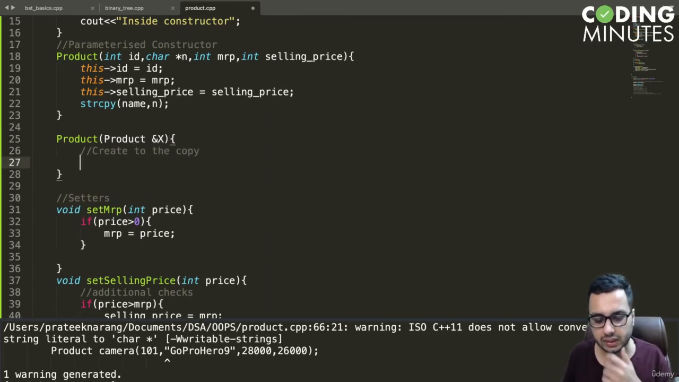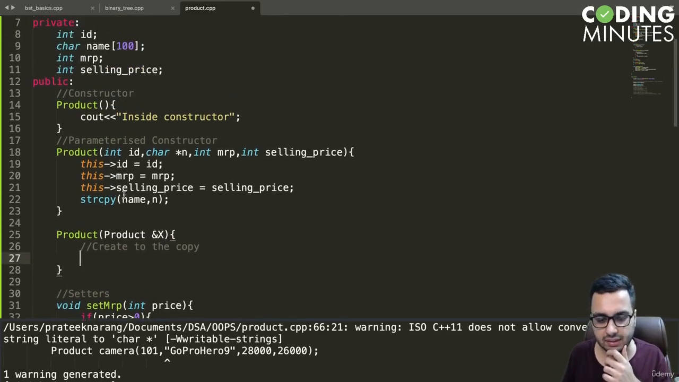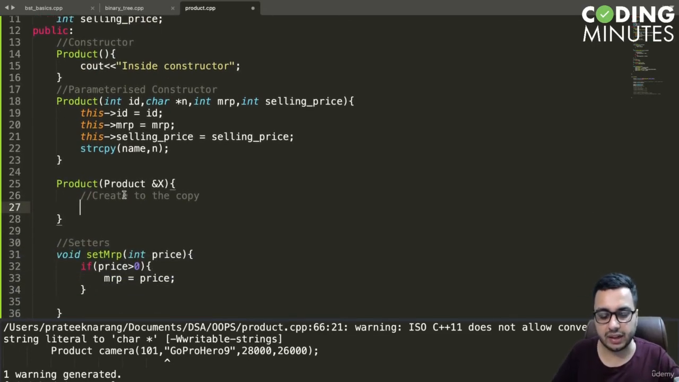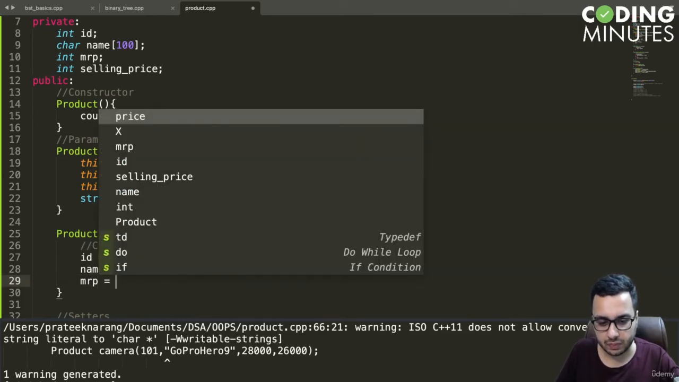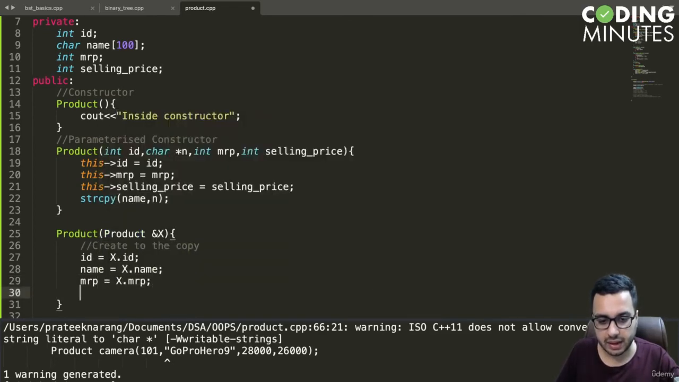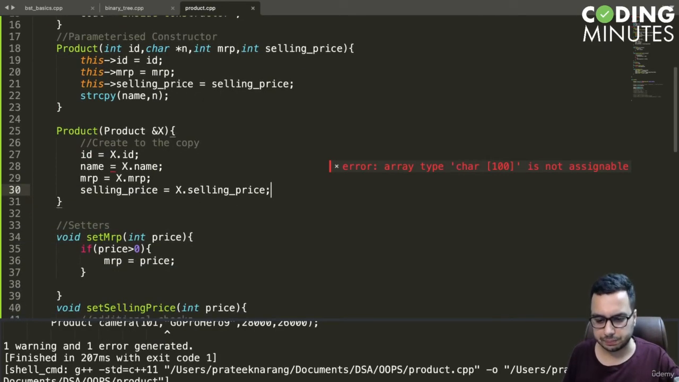So what we can do is simply copy the id of x into the current id. So I can say id equals x dot id. I can say name equals x dot name. I can say mrp equals x dot mrp. I can say selling price equals x dot selling price. Okay, so now if I build this code,